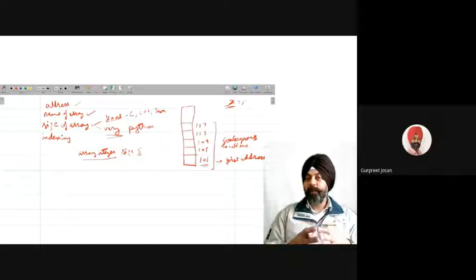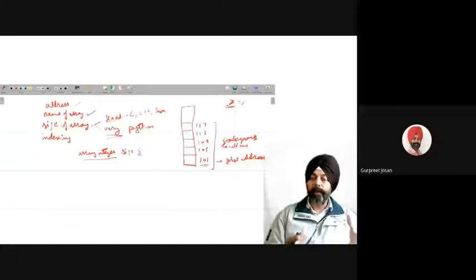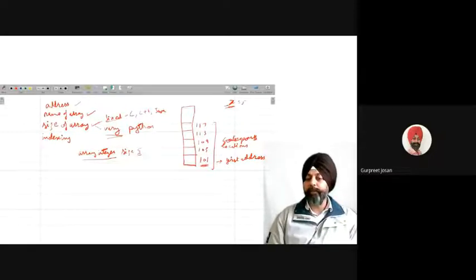So first of all, system will try to find out the 5 contiguous locations. If it is not able to find out the contiguous locations, then the array will not be declared and you will have some error message. But generally, because we have sufficient RAM, 5 contiguous locations, wherever they are available, they will be allocated. And first address will be whatever the first address of all those locations. Suppose in our case, the first address is 101.